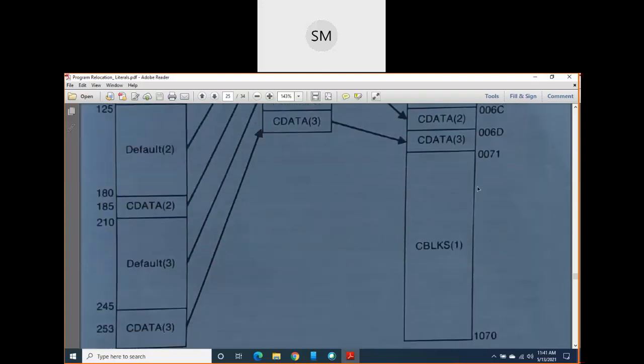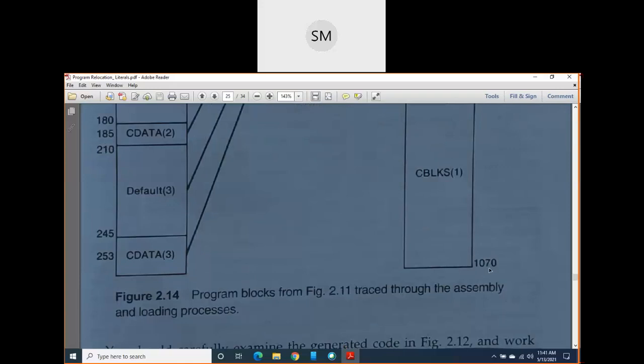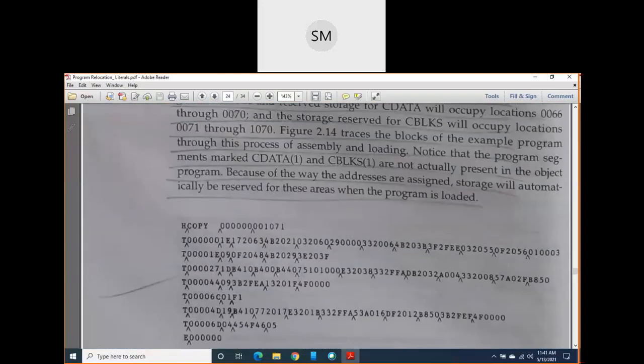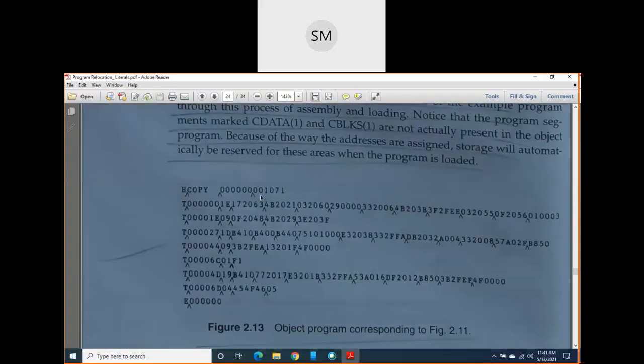Then at address 0071, C blocks will start and end at address 1070. So the entire program's length is 1070 or somewhat 1071, because in your object program, the length of your program is this much, that is 1071.